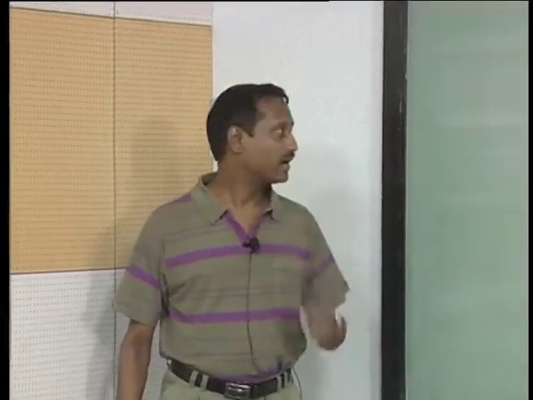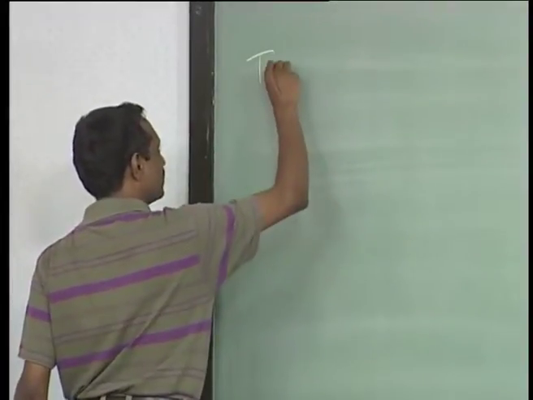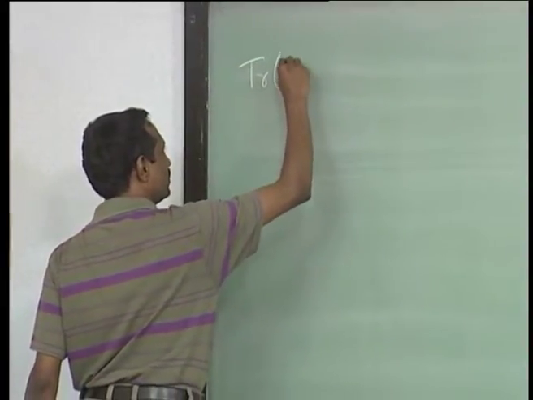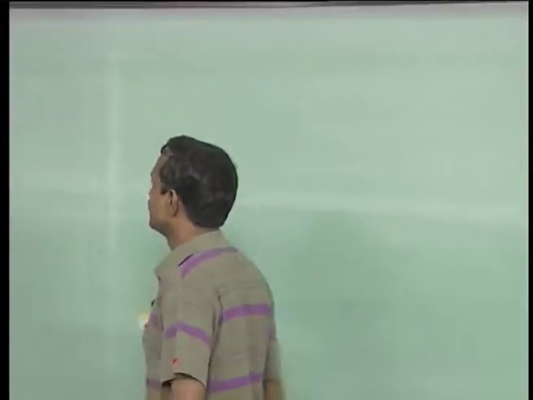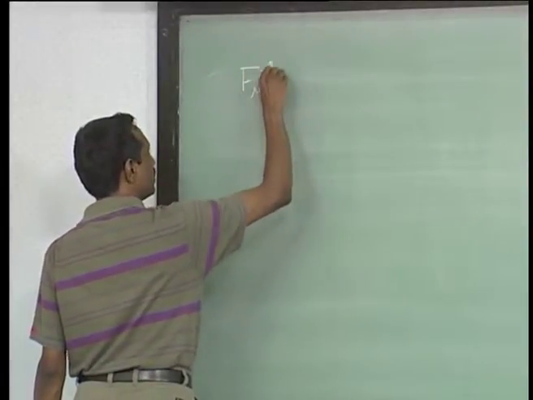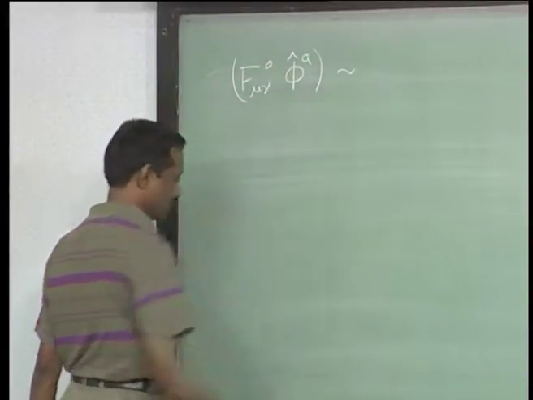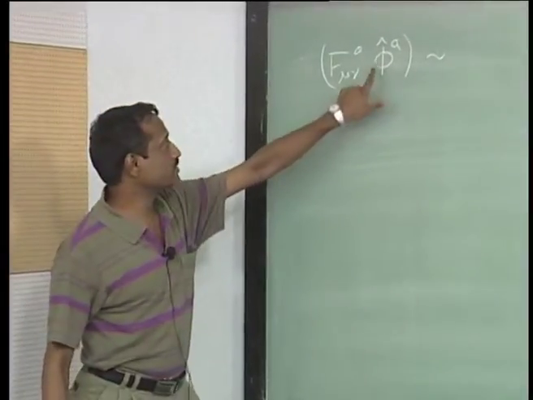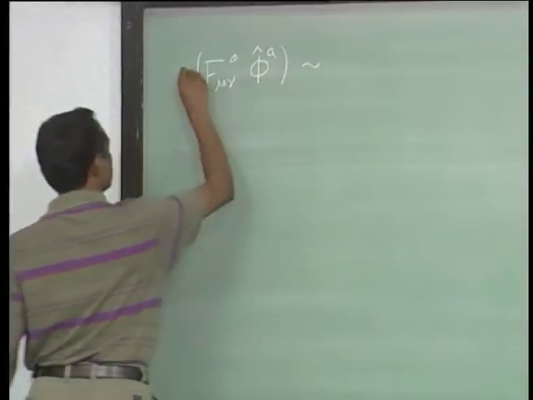So, last lecture we saw how to go about identifying the U(1) gauge field in some sense, and I sort of left off saying that you look at the trace of the non-abelian fields. Best to write it in a slightly different way. Forget the trace. Let's write it as F_{mu nu}^a phi-hat^a, where phi-hat I just normalized to become 1. This should be the field strength for